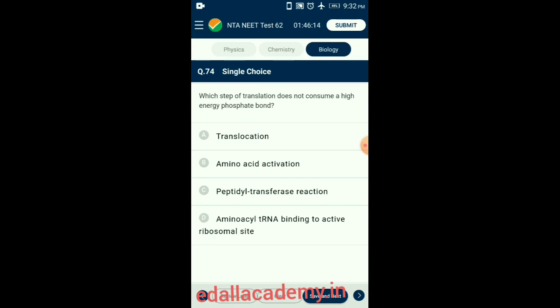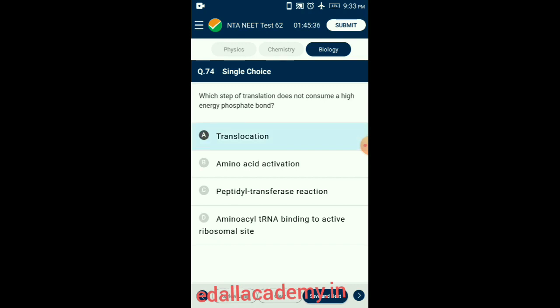Therefore, in the first phase itself, amino acids are activated in the presence of ATP and linked to their cognate tRNA, a process commonly called charging of tRNA or aminoacylation of tRNA to be more specific. If two such charged tRNAs are brought close enough, the formation of a peptide bond between them would be favored energetically. The presence of a catalyst would enhance the rate of peptide bond formation. So the answer for this question is option A,